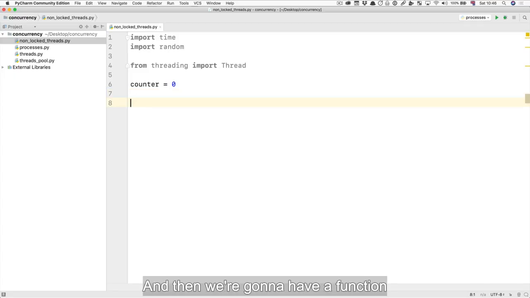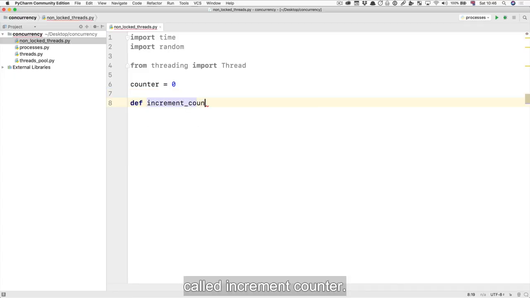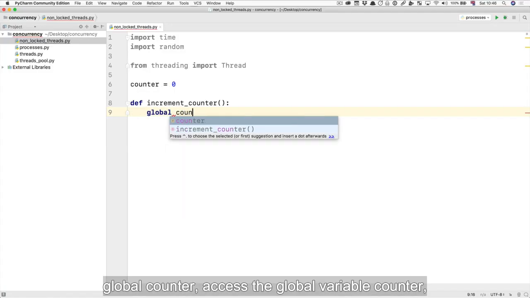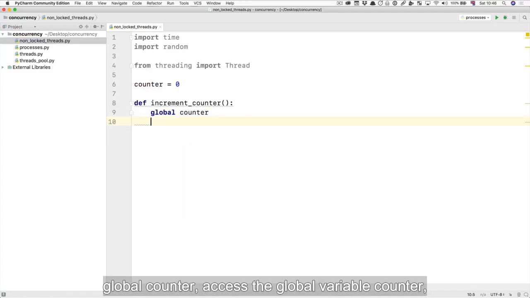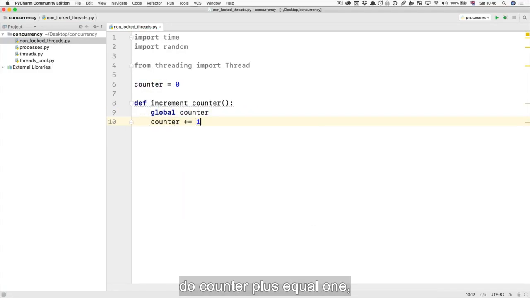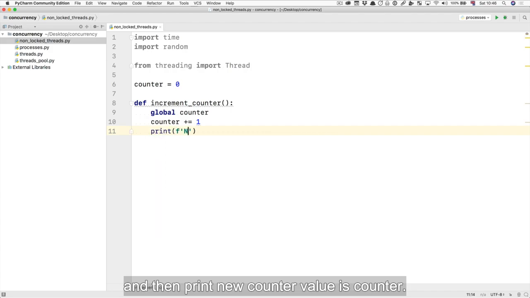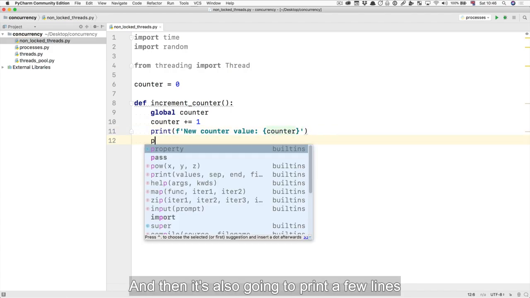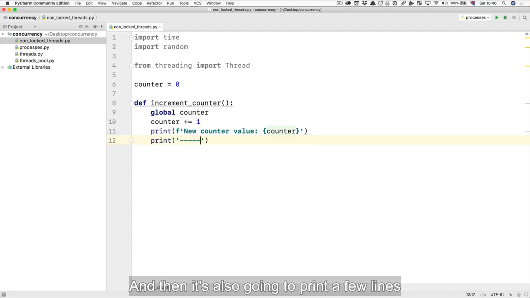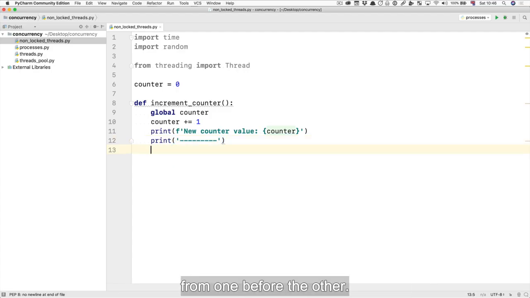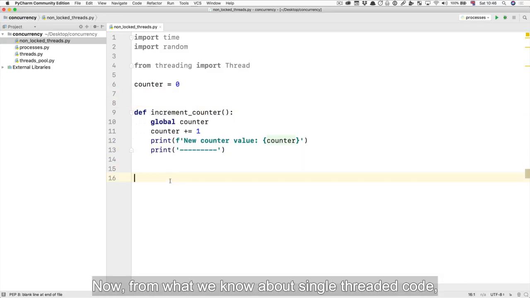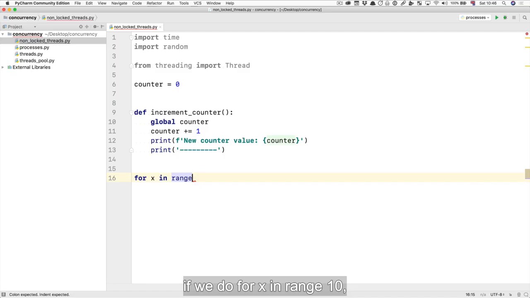Okay. And then we're going to have a function called increment_counter. What this is going to do is say global counter, access the global variable counter, do counter += 1, and then print "new counter value is" counter. And then it's also going to print a few lines just so we can separate new counter values from one before the other. Now, from what we know about single-threaded code, if we do for x in range(10),